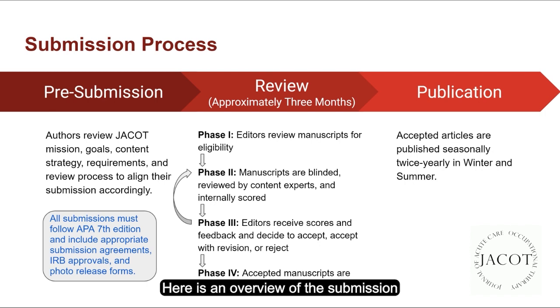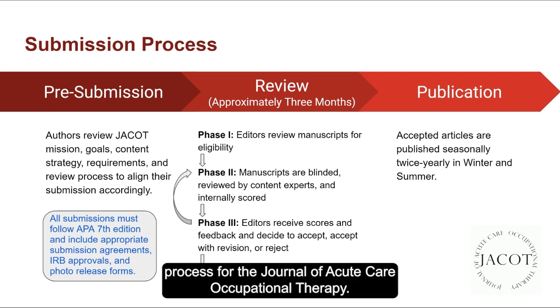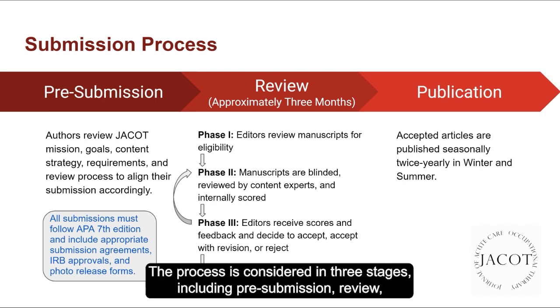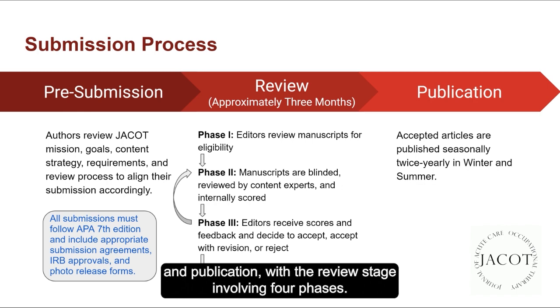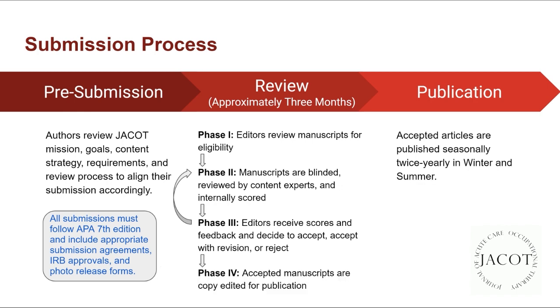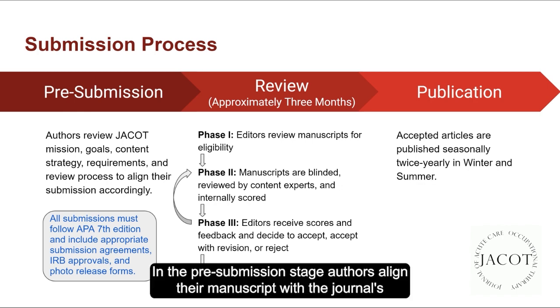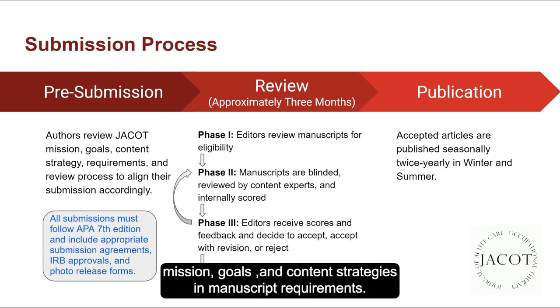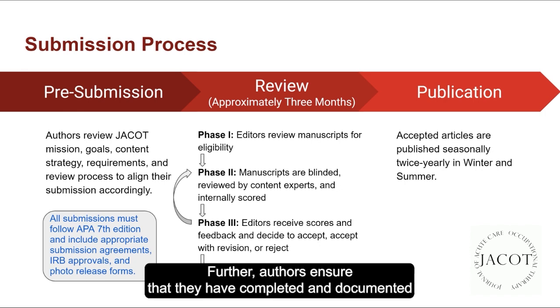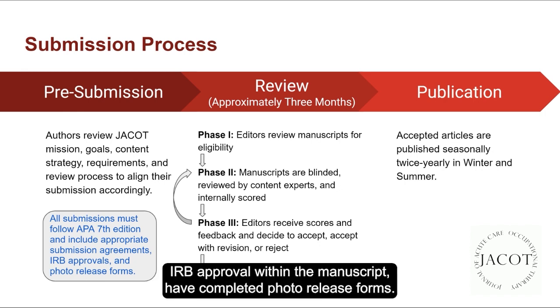Here is an overview of the submission process for the Journal of Acute Care Occupational Therapy. The process is considered in 3 stages, including pre-submission, review, and publication, with the review stage involving 4 phases. In the pre-submission stage, authors align their manuscript with the journal's mission, goals, and content strategies and manuscript requirements. Further, authors ensure that they have completed and documented IRB approval within the manuscript, have completed photo release forms, and